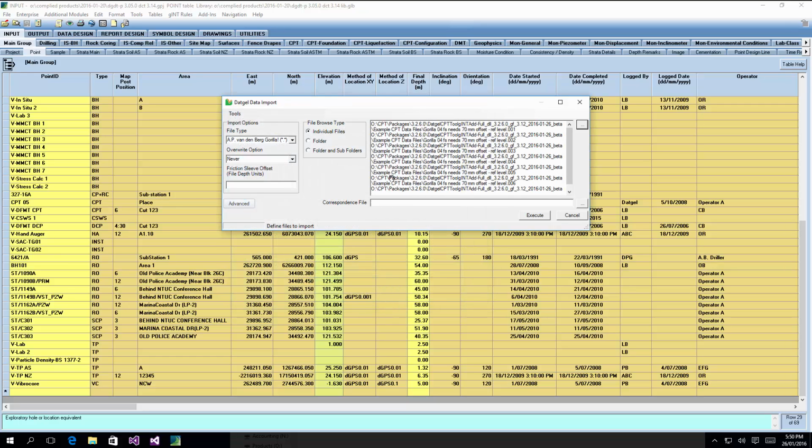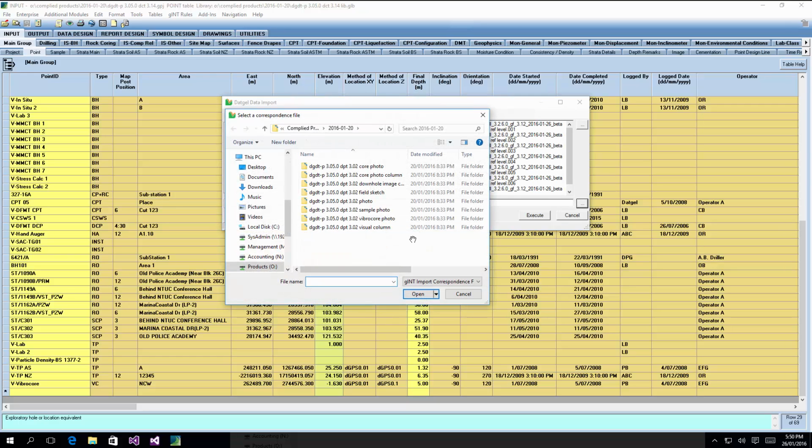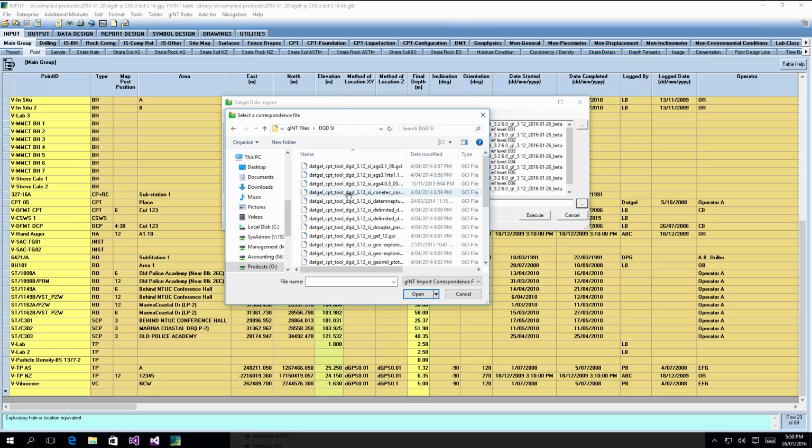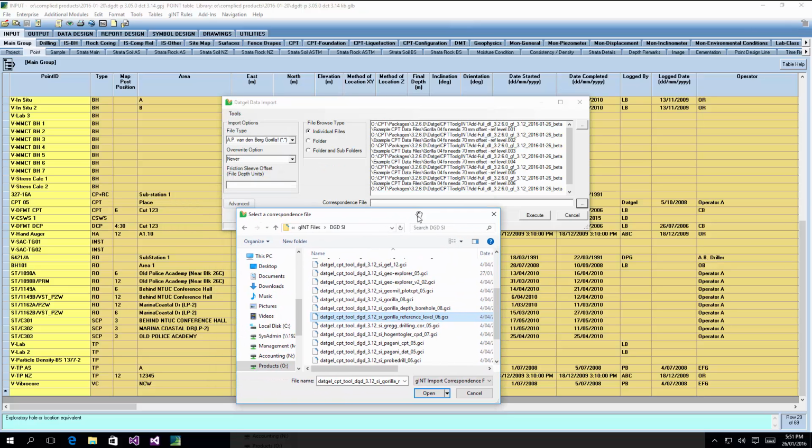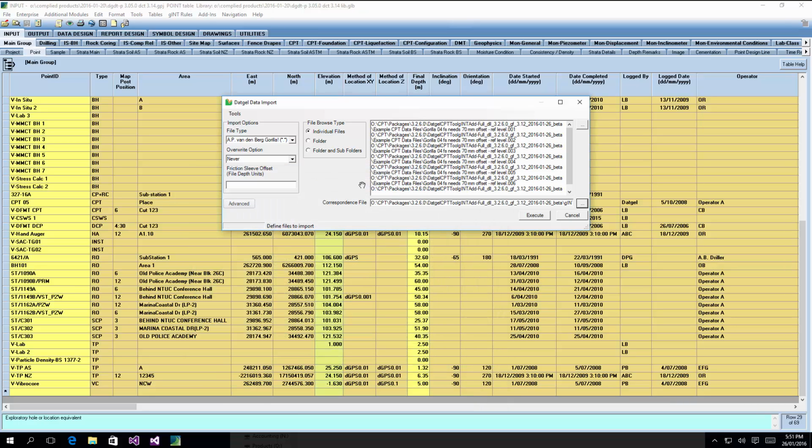Alright, so they're the multiple strokes. We need to select the most relevant correspondence file for this. There's a whole series of different ones for different file formats. We need this one. I know that because it says ref level. It assumes that there's a parameter in the Gorilla files called reference level where you put the start depth of the stroke. Now, Gorilla does not have the sleeve offset applied, so you enter that there,